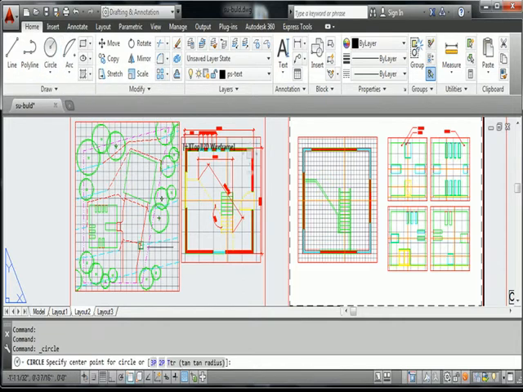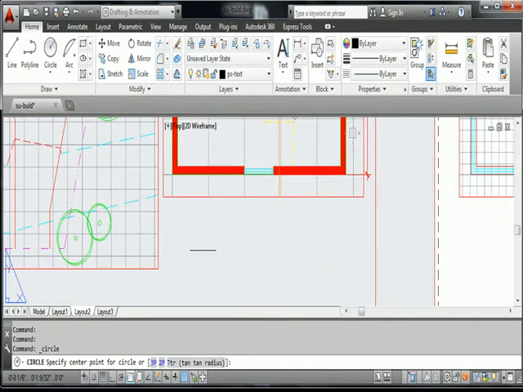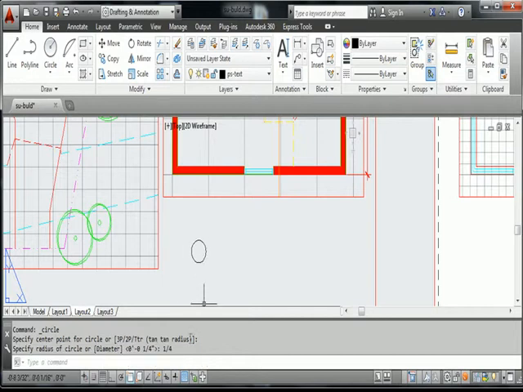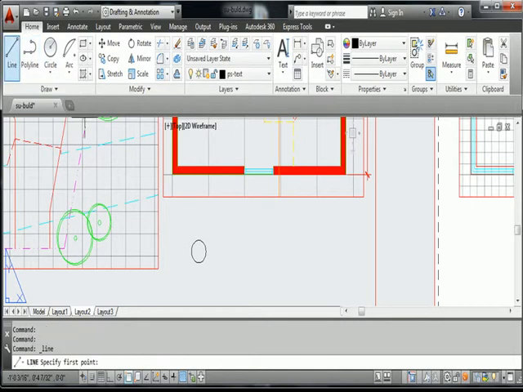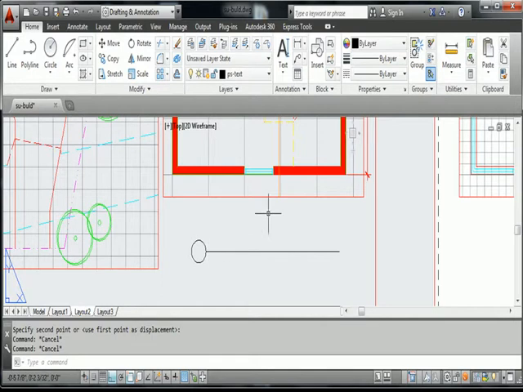We can draw a circle just anywhere for now, I guess, as long as we're in paper space, and we'll set that at the radius of 1/4 inch. That way when the circle comes out, it'll be a 1/2 inch circle. Okay, now we'll draw a line to that from the center point, put my O-snap on, ortho on, and draw a line. I could either trim it or move it so that it is out of the way now, and then I will proceed to use the